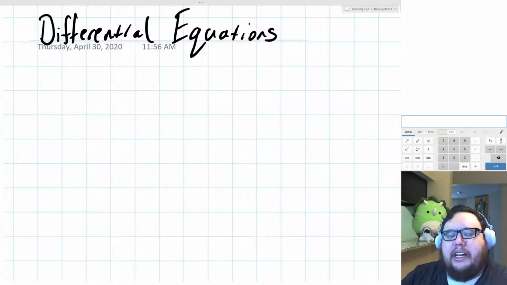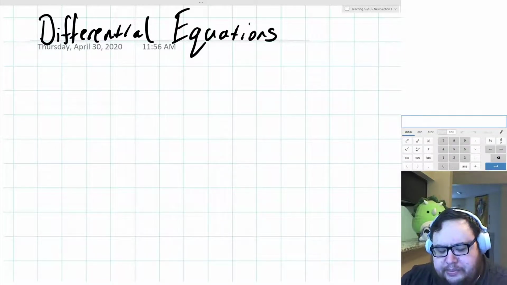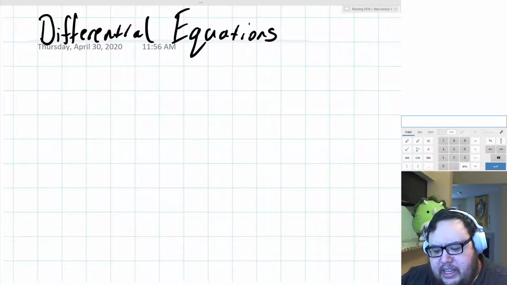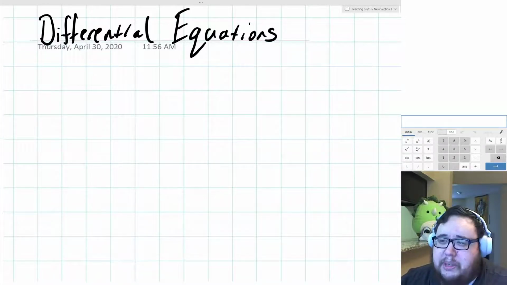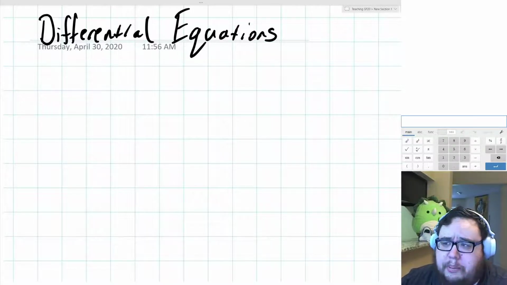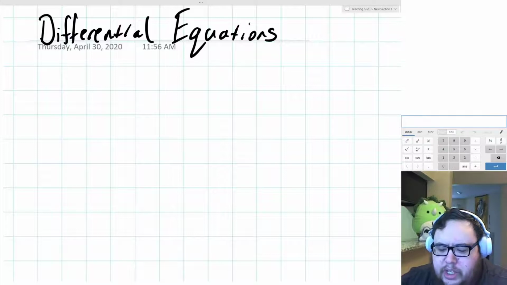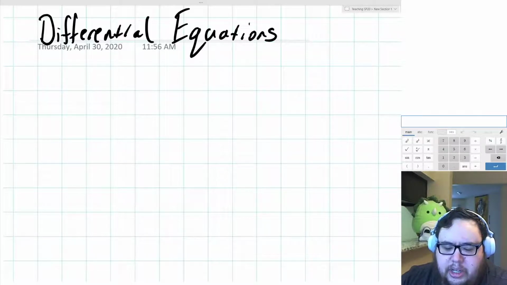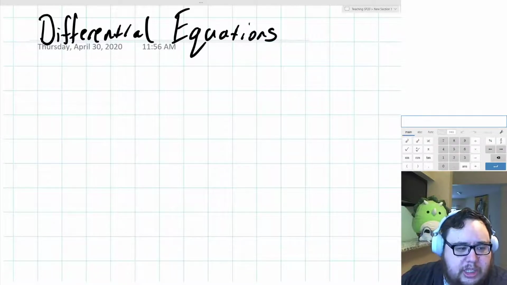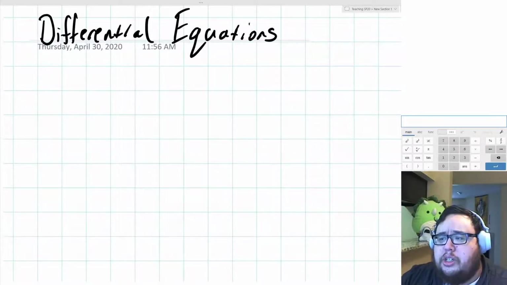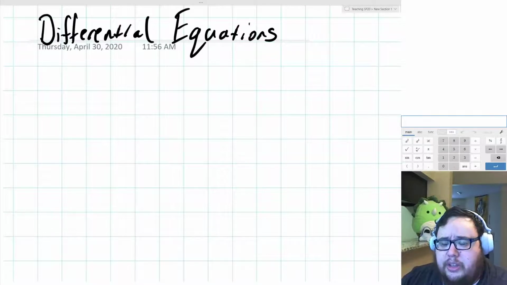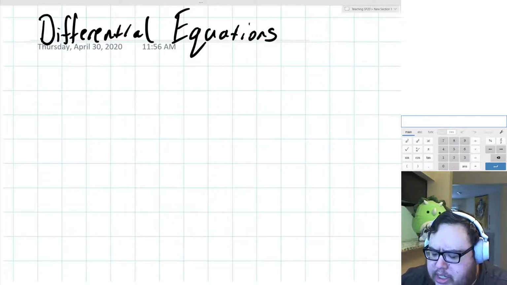However, there's a third level actually. It turns out that just saying physics itself is calculus is also a lie, because really what you want to do to be able to do physics is what's called differential equations. Differential equations is an application of calculus. It's an entire subject that you need calculus to be able to understand. It really is one of the reasons why you need to learn calculus in order to be successful in a lot of fields, because solving differential equations is one of the most important applications of calculus. So what is a differential equation?